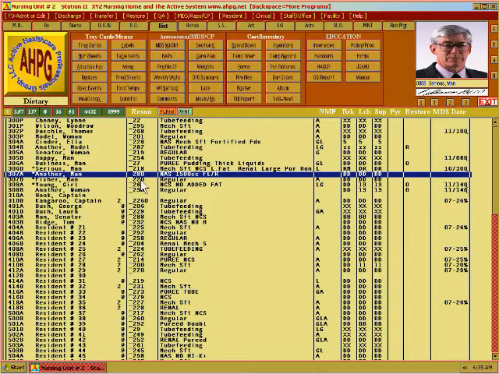Another thing to notice is the green print button in the upper middle portion of your screen where the mouse cursor is now. If you put the mouse cursor over the print button, you see that it indicates that you click this button to print one tray card for the highlighted resident. So that makes it real easy to get one tray card for a resident. If you have a need for another tray card for that resident, or the diet has changed and you need to print another one, you can very quickly get another tray card for that one resident by highlighting them and